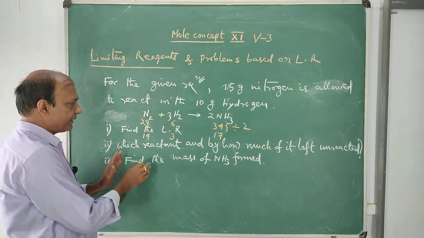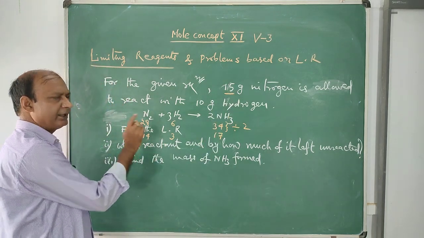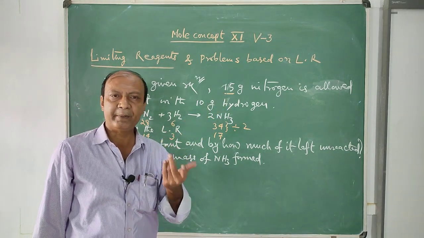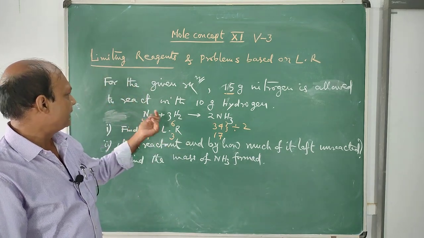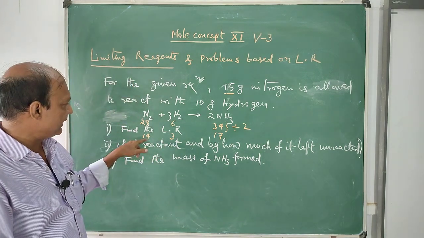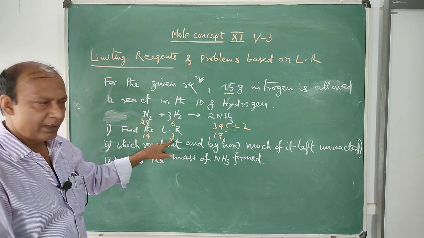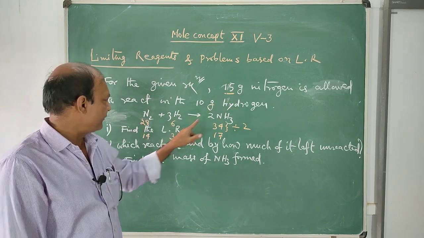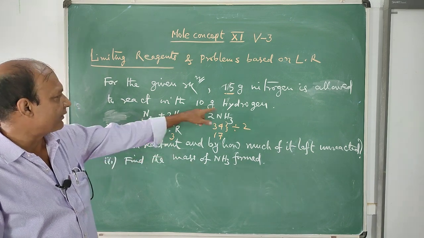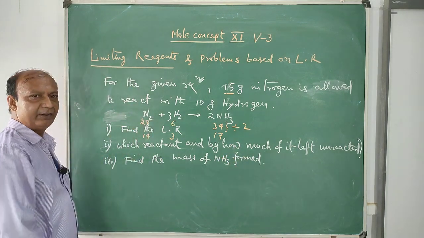Now we have taken here 15 gram nitrogen. So see, for 14 gram, 3 gram is needed. For 15 gram how much is needed? Slightly more than 3 gram, that you can mentally calculate, but you have 10 gram hydrogen, which means enough hydrogen. So simply by mental calculation you can see for 14 gram nitrogen only 3 gram hydrogen would be required, and our given amount is 15 gram, so it is slightly more than 3 gram. The amount of hydrogen given is 10 gram, that is sufficient. That means nitrogen will be the limiting reactant.